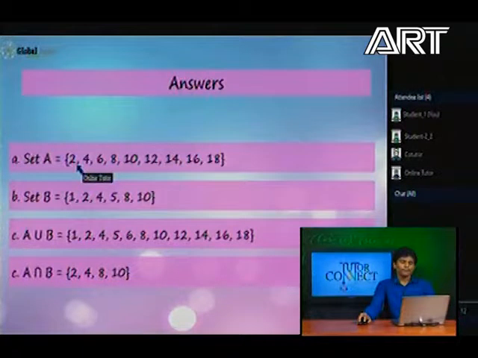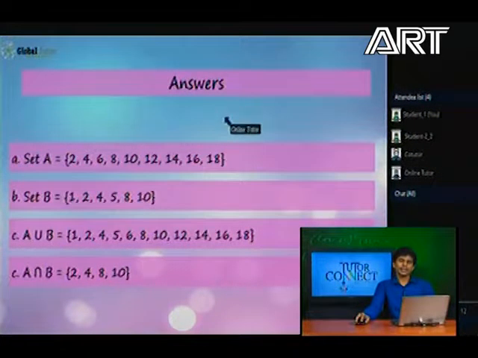Set A equals 2, 4, 6, 8, 10, 12, 14, 16 and 18. Since the first question says that the whole numbers are less than 20 and should be positive numbers, set A gives you these answers. Set B,